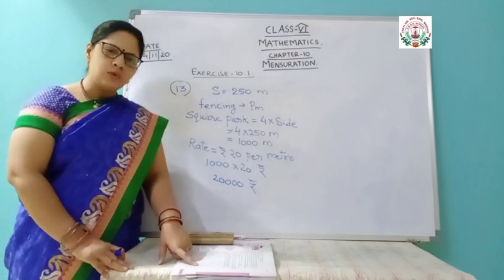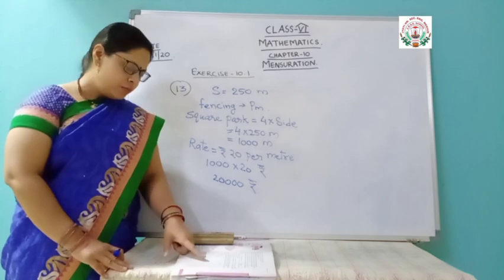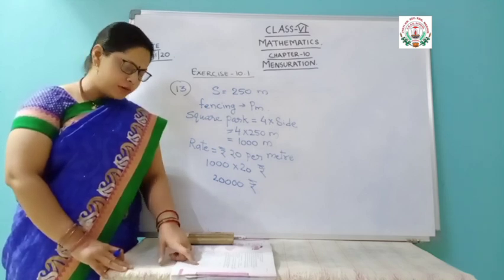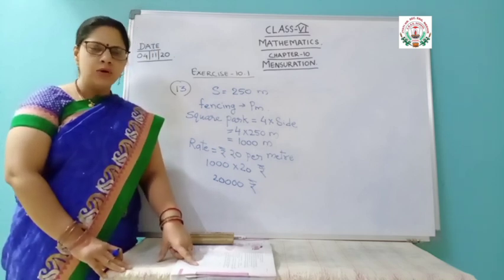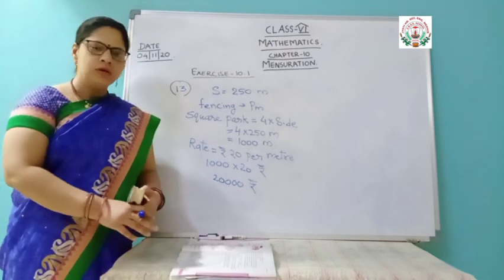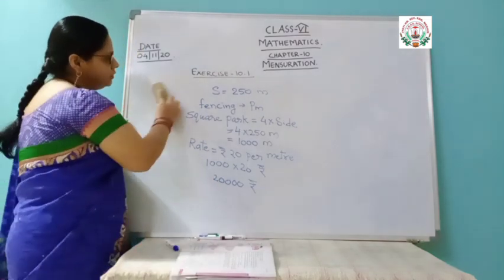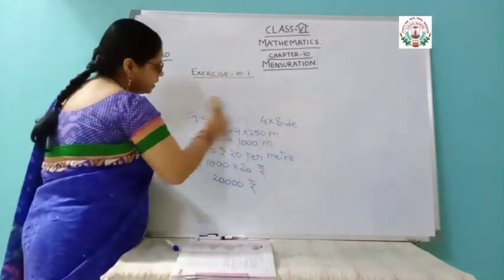D part, it is looking like a triangle but it is not an equilateral triangle, because two sides, 30 and 30, are given, but the third side is given as 40. All three are not equal, so you cannot use the equilateral triangle formula. So we will use the sum of all these sides. Now coming to the last question, which is in a little different manner.